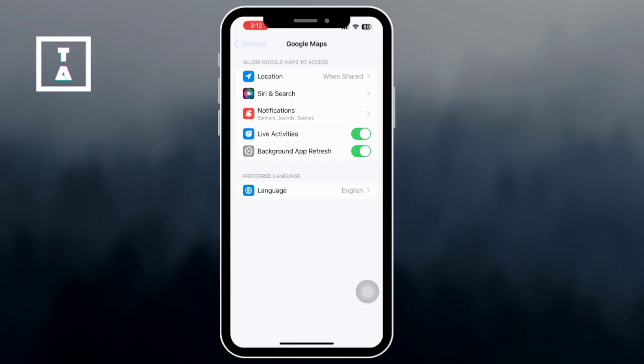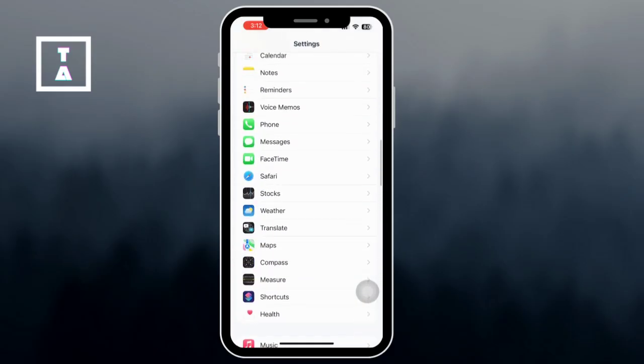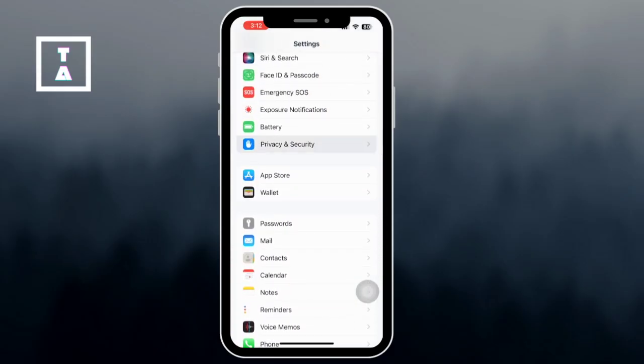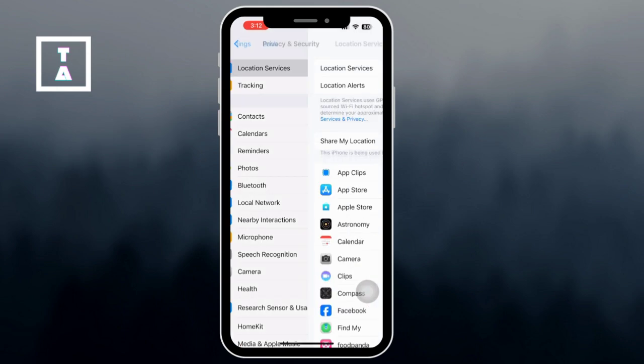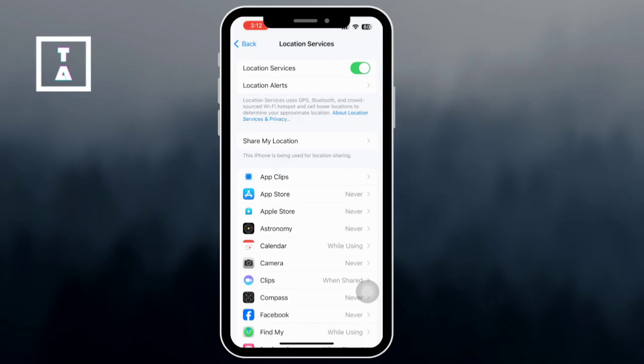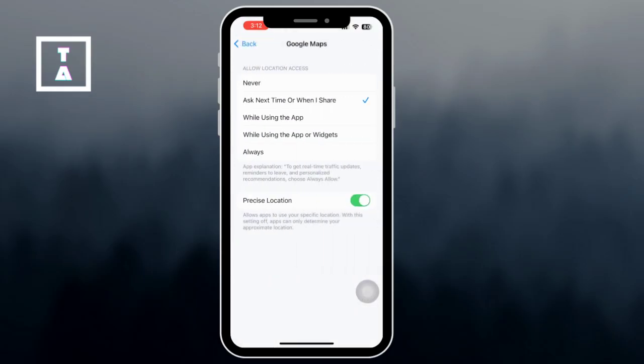Next, go back to the Settings, scroll down and tap Privacy and Security. Select Location Services, then tap Maps. If you don't want Maps to keep tracking your location, choose Never or While Using the App, depending on your